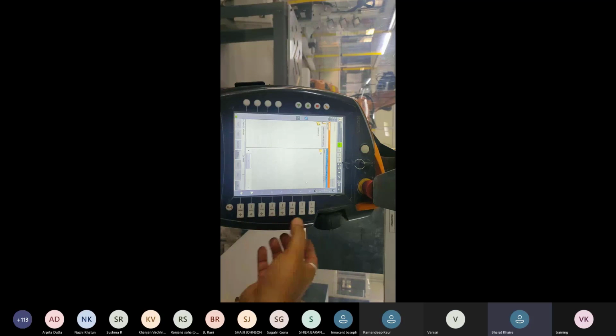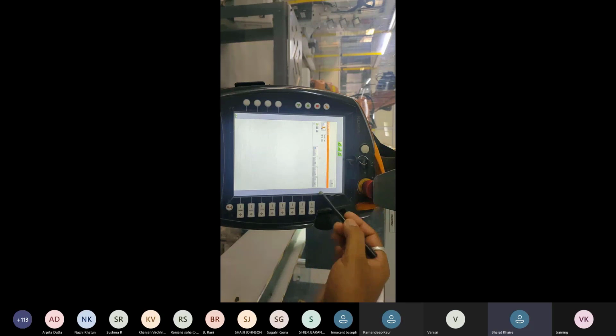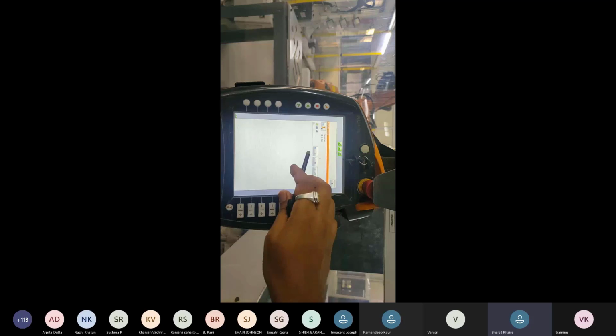After that, we are watching some minus and plus buttons. There are many minus and plus buttons, 8 types given here, but these are specially given for jogging the robot. Okay. These 4 tabs are given for different methods to operate a program. Here 2 types of methods are given for jogging the robot.